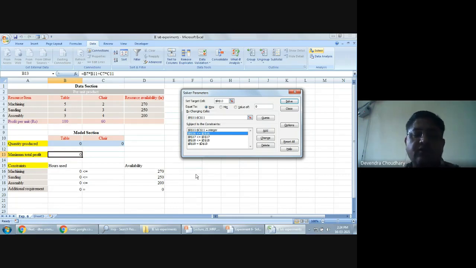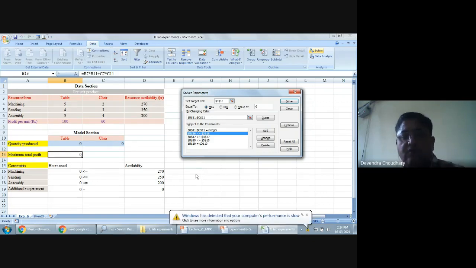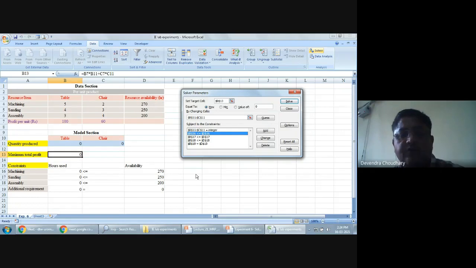So if you have a problem with more than 200 decision variables and more than 100 constraints, then we need to use some other optimization solver, like Simplex, GAMS, or Lingo type solvers.